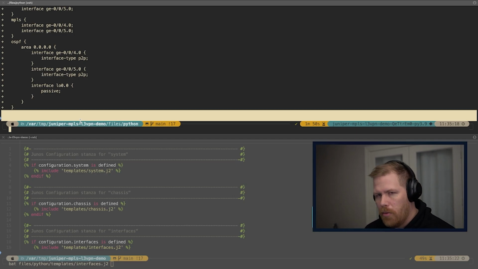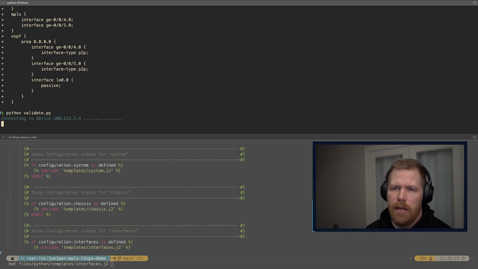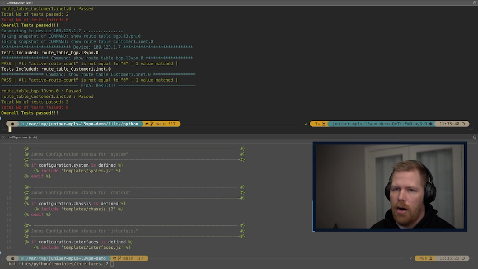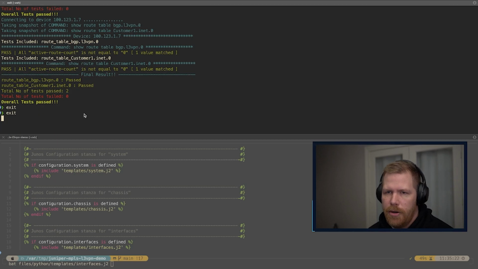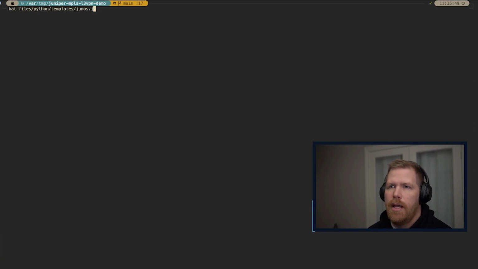Okay, but really quick, back up here, our environment should be back up and running. We'll just do the validate.py yet again. Get thumbs up. We got thumbs up from JSNAPy. It looks like our environment is working. I'm going to exit out of that session or that terminal here. And let's clear the screen. And let's look at the